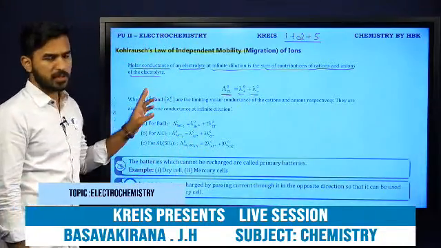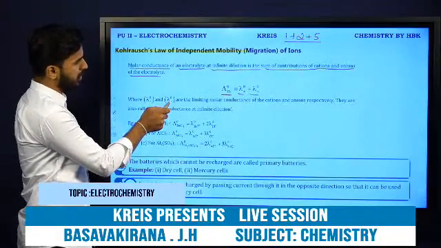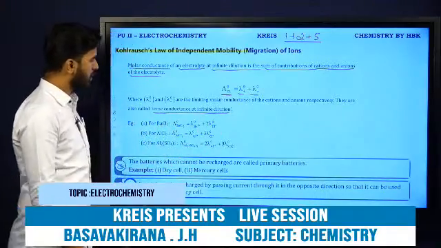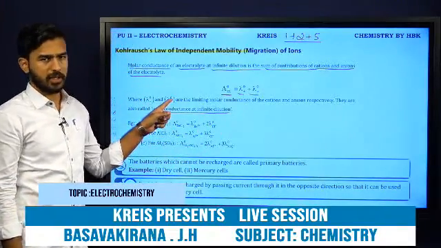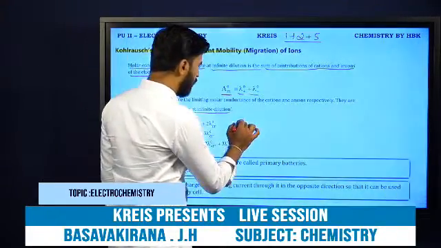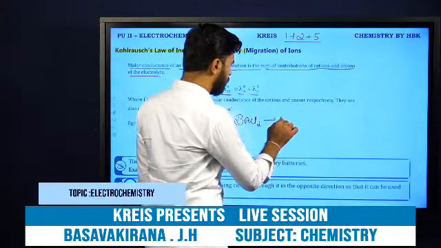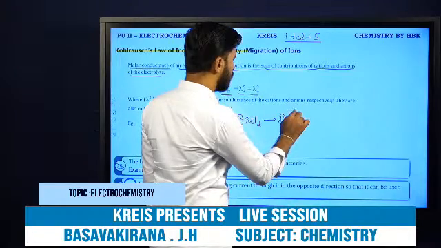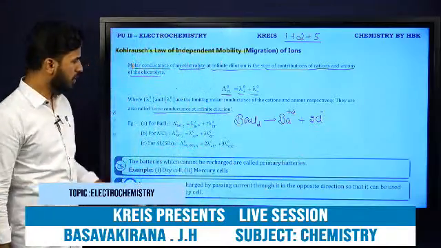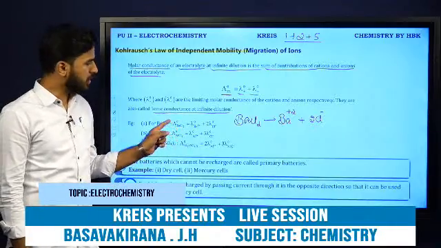So this is simple Kohlrausch's law of independent migration of ions. Where lambda plus is cation and lambda minus is anion respectively, they are also called ionic conductance because it is the conductance of cation and the conductance of anion. Here I have taken 3 simple examples. For BaCl2, we know that BaCl2 undergoes dissociation or ionization to form Ba2+ and 2Cl minus. Therefore, according to Kohlrausch's law, molar conductance of BaCl2 at infinite dilute solution is the sum of